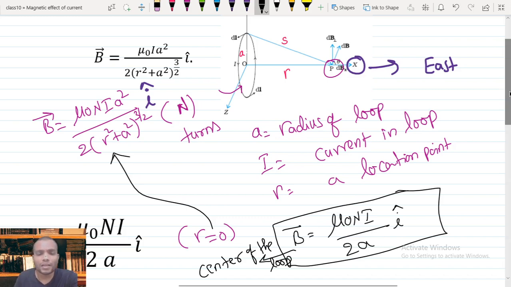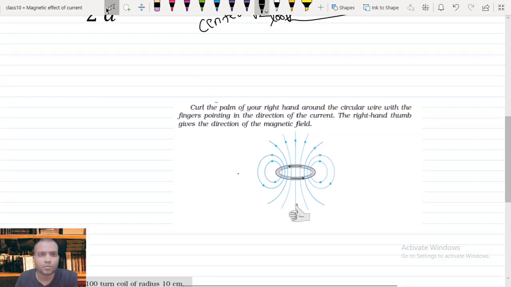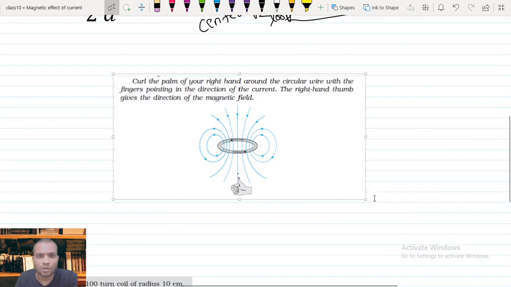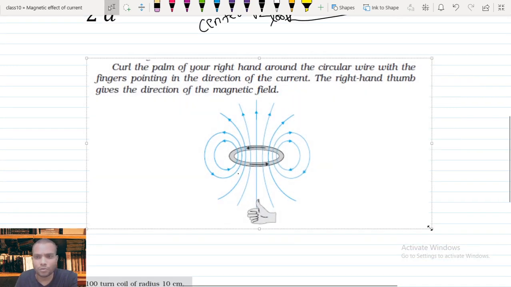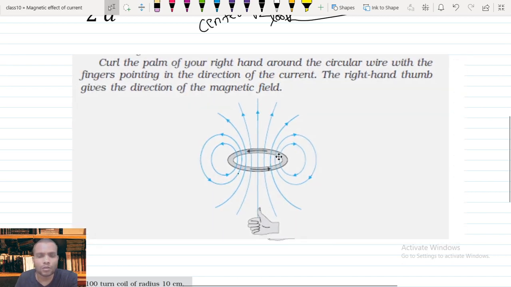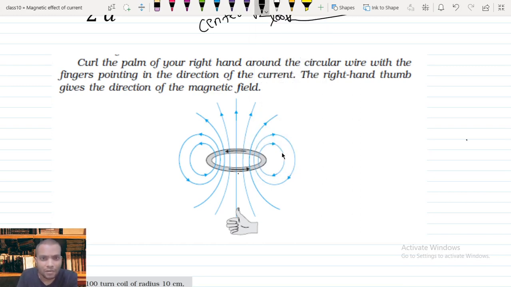Magnetic field is a direction dependent quantity, so to find the direction we need to use the right hand thumb rule. For a given loop, suppose the current in the loop is along the counterclockwise direction. Now according to this rule, we curl our fingers in the direction of current,